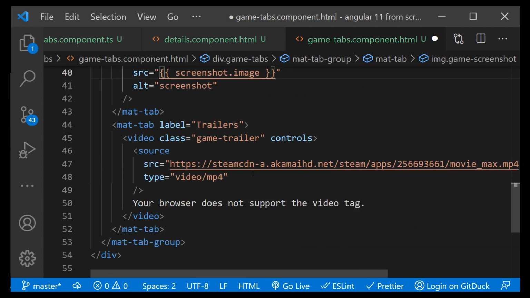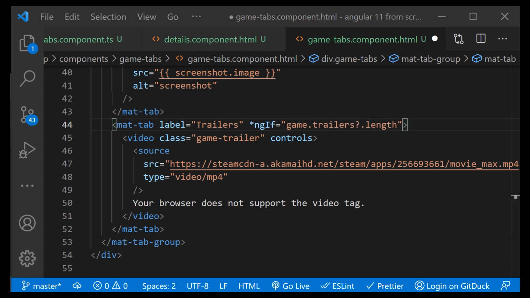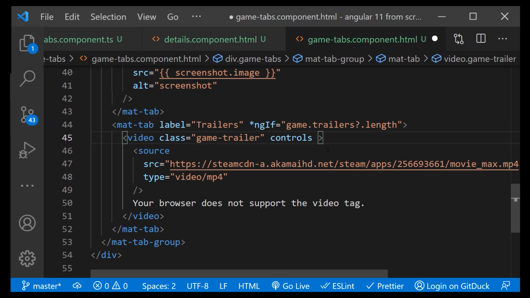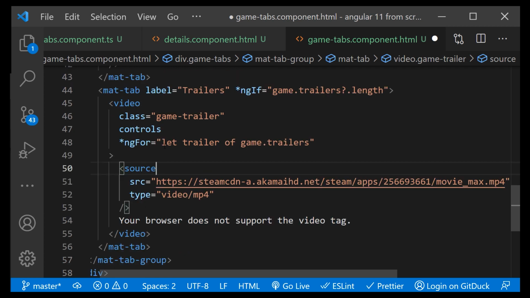And the last tab is our trailers, and the same thing as for screenshots. I will check if there is any trailers, because trailers as well are not displayed for every game. So ngIf game trailers length is greater than 0, obviously. So we want to loop through the game trailers array. I will set the variable let trailer and just loop, and then in the source input I will put